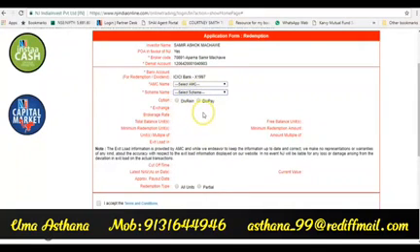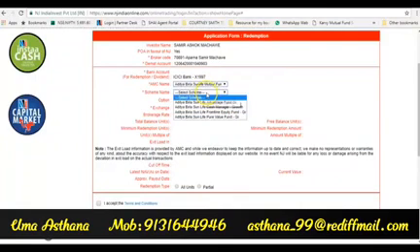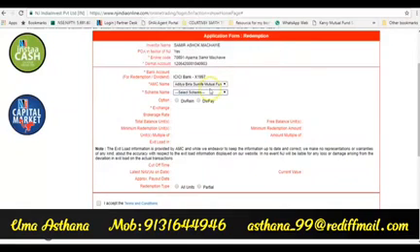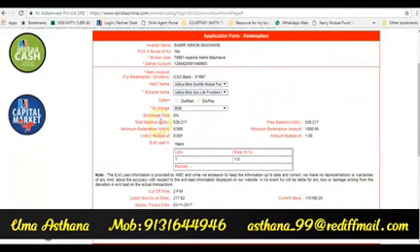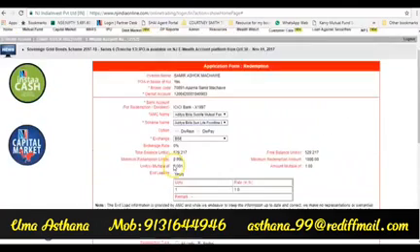Select the option, and suppose I select one scheme here. So it will show me the total balance in this particular thing, how much money I can withdraw, and then the cutoff time and other details. So this is the current value that I can withdraw. So I can do a partial withdrawal or all unit withdrawal or redemption. I can do that accordingly.